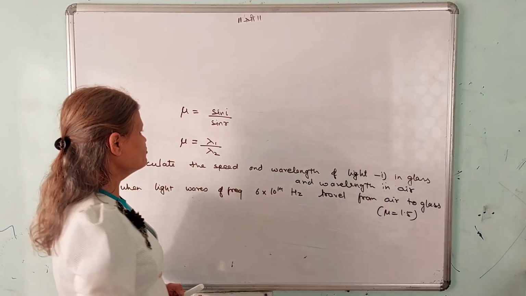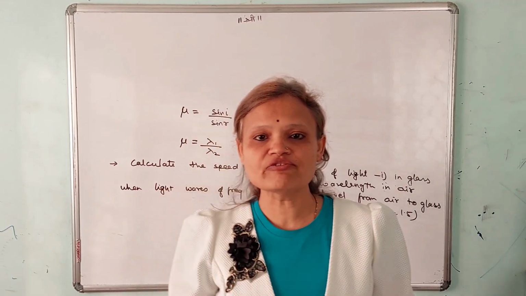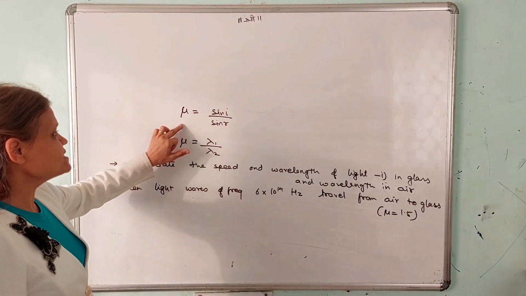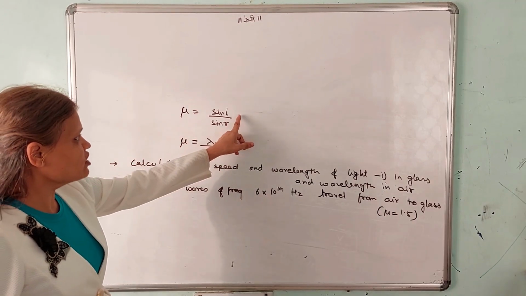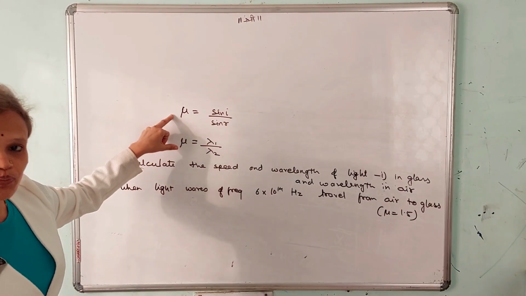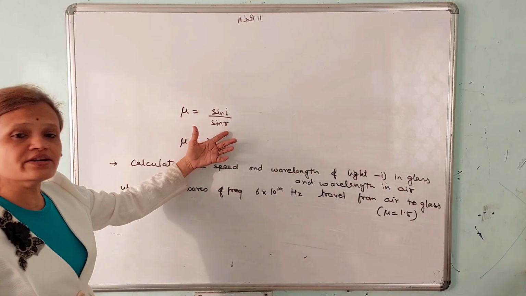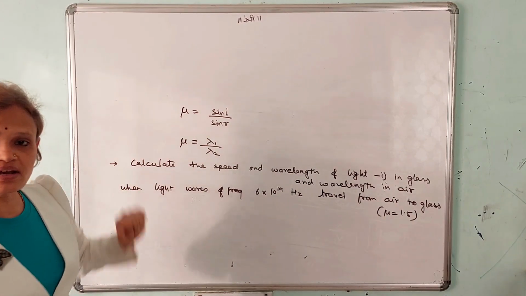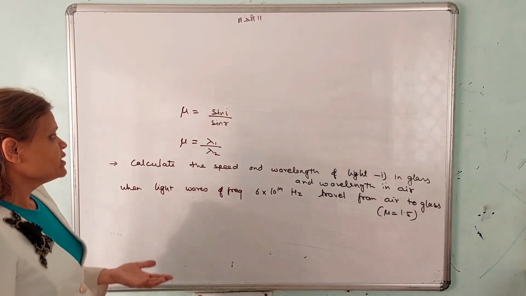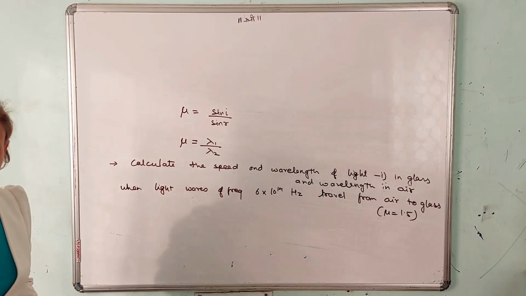There are two more formulas for mu. We have seen in terms of speeds, we have seen in terms of refractive indices. Now there is mu, which is Snell's law, in terms of angle of incidence and angle of refraction, sin I by sin R is mu. So for the same pair of media that we have considered, if we know the incidence angle and refraction angle, sin I by sin R is the refractive index. If you know wavelengths instead of speed, then the formula is also lambda 1 by lambda 2.